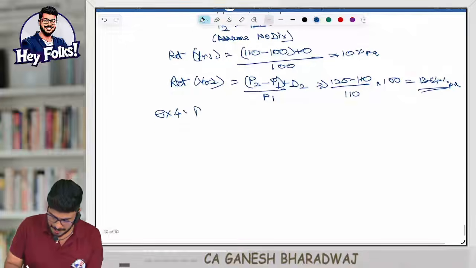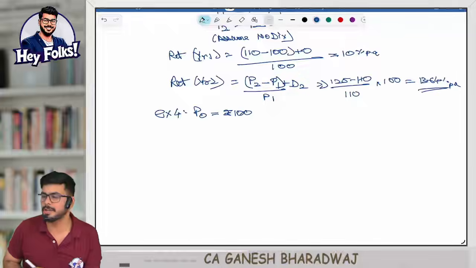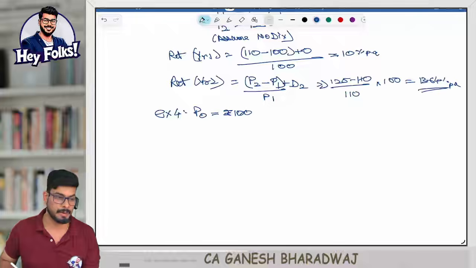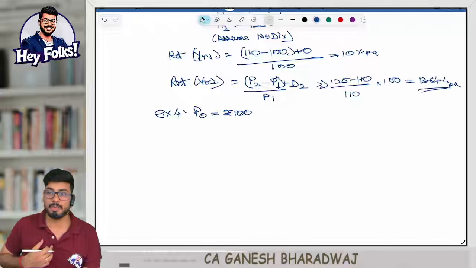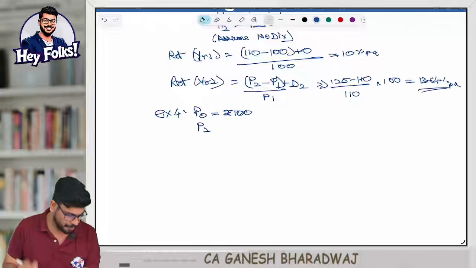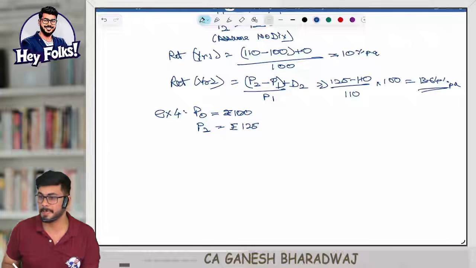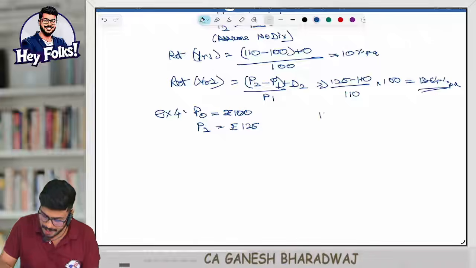Now, let us say I invested today by paying 100 rupees for this particular share. I was holding it for 2 years. At the end of the second year, the price of the share is 125. Now, guys, remember, in this case, they might ask you in the exam to calculate something called holding period